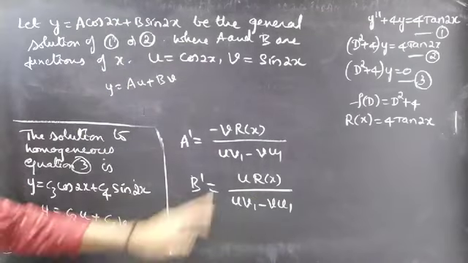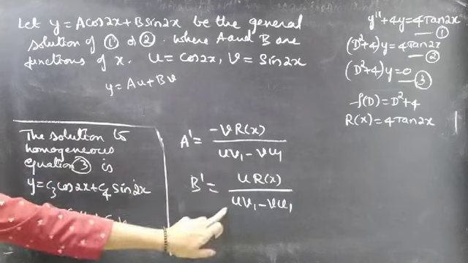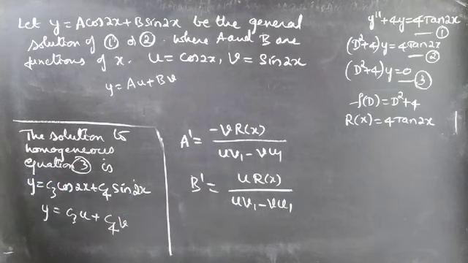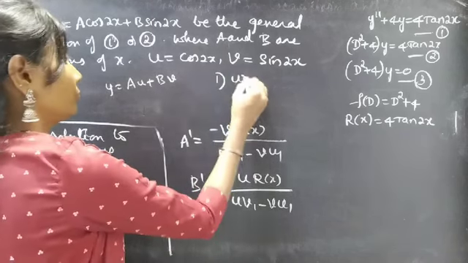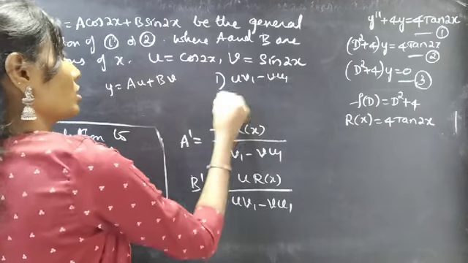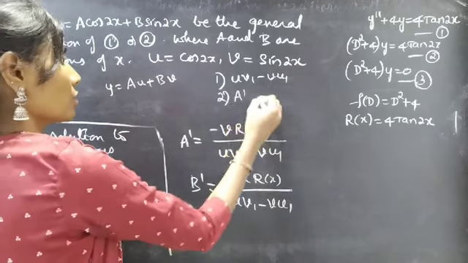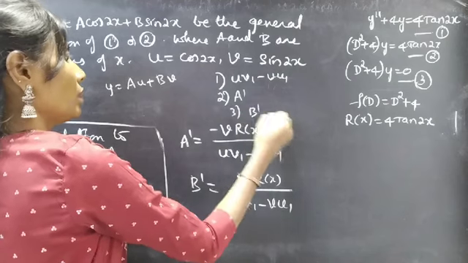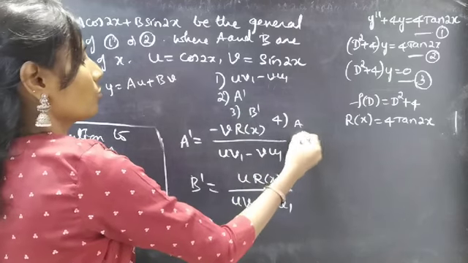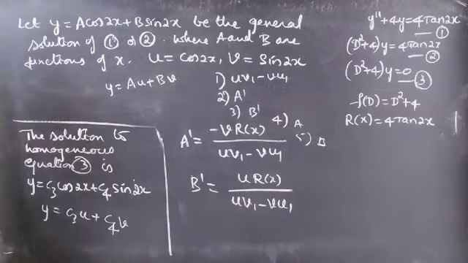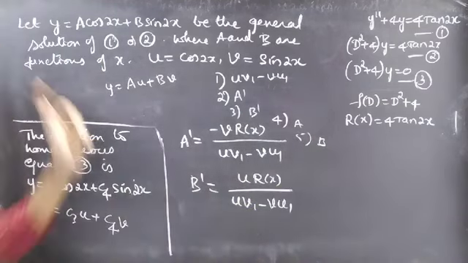If you notice, we have uv1 minus vu1 in both formulas. So first we need to find uv1 minus vu1, second we'll find a dash, third we'll find b dash, fourth we'll find a, fifth we'll find b, and finally we'll get the general solution by substituting a and b. So let's begin with the first thing,